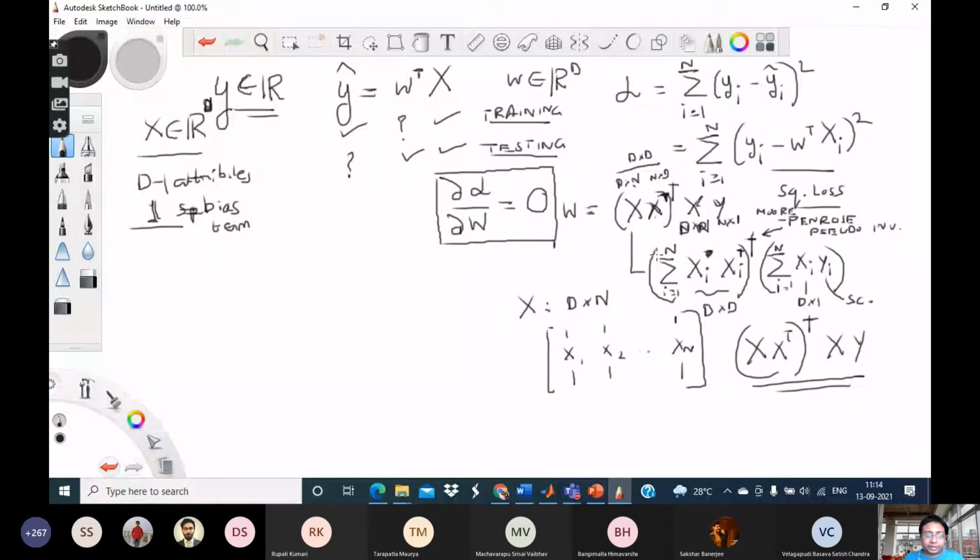Anyways, this is about linear regression. After that we started discussing one more concept. We were saying that for the W vector which you get like this, you don't have any control over the individual entries. Whatever comes from this formula, it will come. Now, in the last class we discussed that there may be some reasons why I may want every element in this W vector, each value or each coefficient, to have small magnitudes, right?